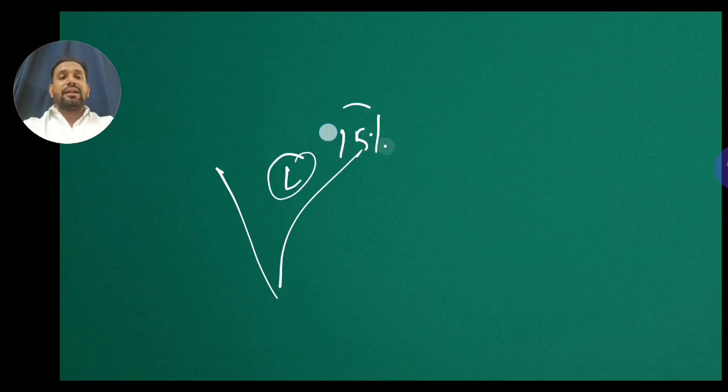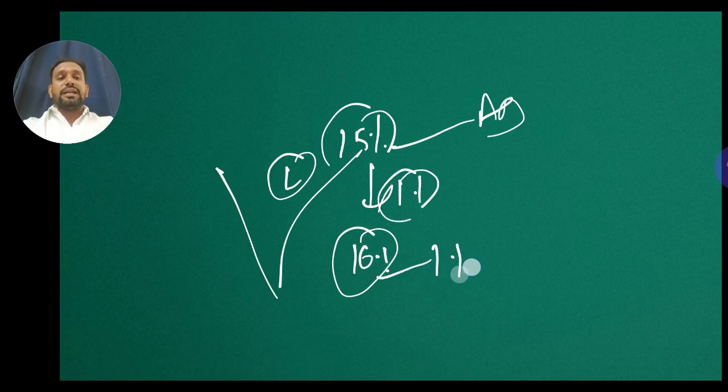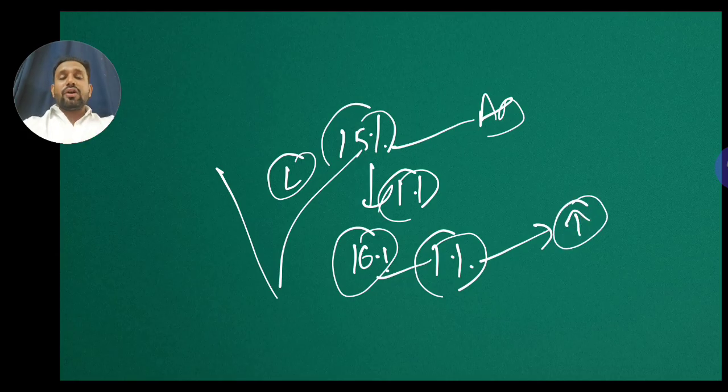Okay, suppose India has a land area, and 15% of the land area is under agriculture. Let's suppose the agricultural land area increased to 16%. So a 1% increase in agriculture happened. This 1% increase obviously will lead to an increase in production, or not? Yes. We are not talking about how there it will be decreasing, here it will be increasing, so it may balance. We are not talking about it.